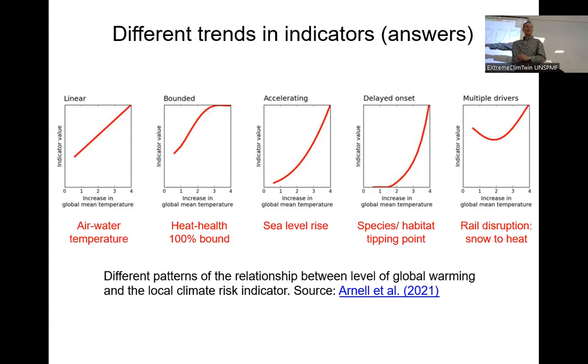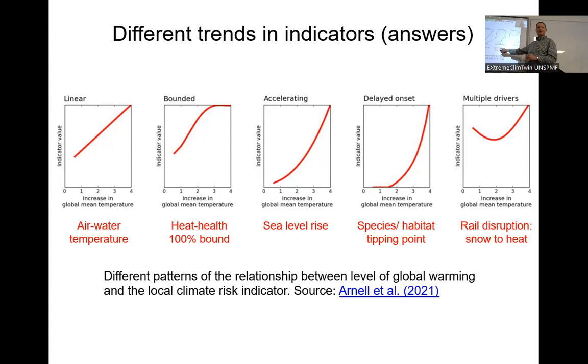So air, water temperature, or heat waves we had. In place of soil erosion, I had rail disruption. So at lower amounts of warming, there's still a little bit of snow, so the rail system gets disrupted by snowstorms. With a little bit of warming, the snow goes away, so there's less disruption. And then with much more warming, you get buckling of rails and energy blackouts and things. So there's an impact there. Sea level rise is your classic